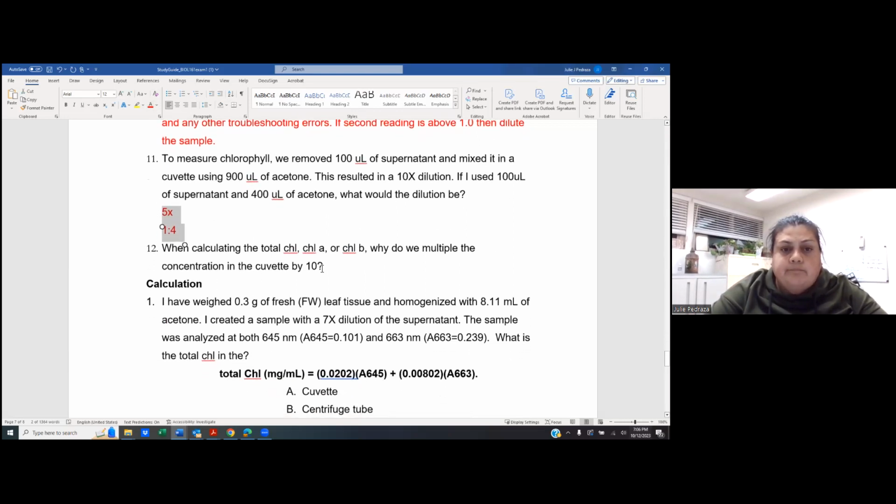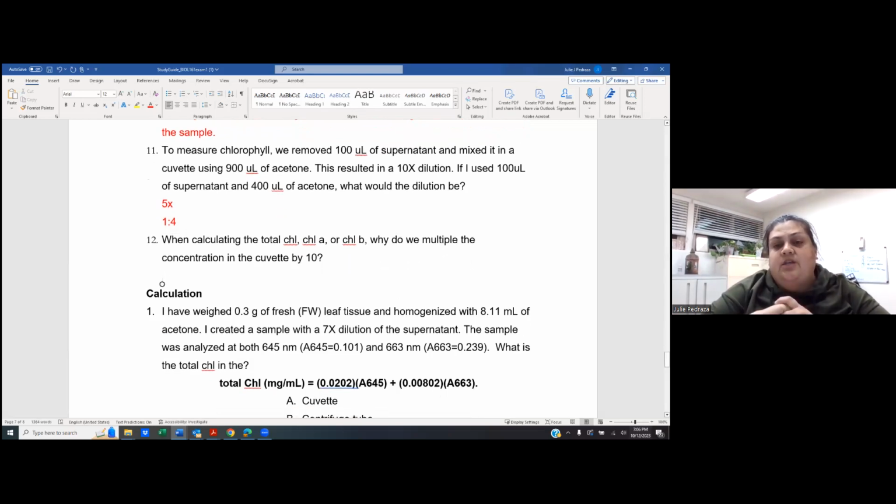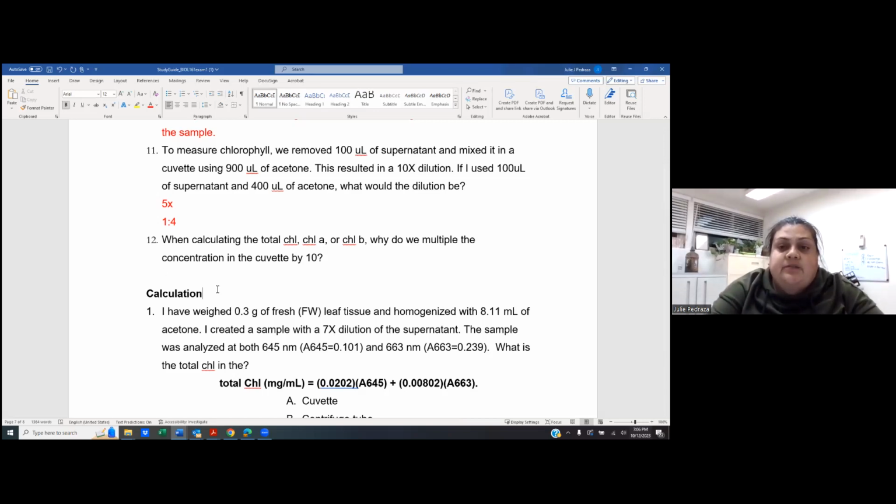We're good? Okay. So when calculating total chlorophyll and chlorophyll A and chlorophyll B, why do we multiply the concentration in the cuvette by 10? When we were going over this in class, why did we multiply it by 10? Was that to get rid of the dilution? Yes, times the dilution, exactly. It is because we are